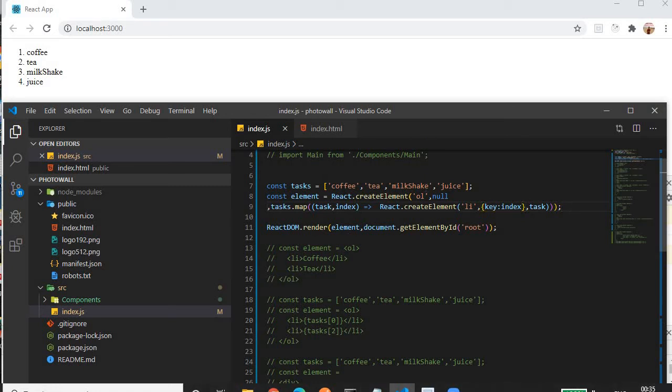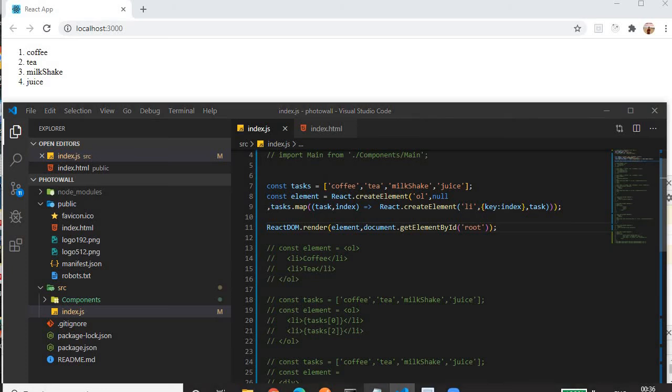So after this it is clear, right? Now we'll improve our code. As we progress we are improving our code. If you see, we have to write React.createElement, which is a long syntax and cumbersome to write again and again. Now we'll take help of JSX, a wonderful language used in React.js to make our code easier. So let's see how JSX works.